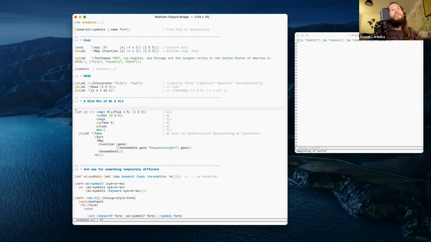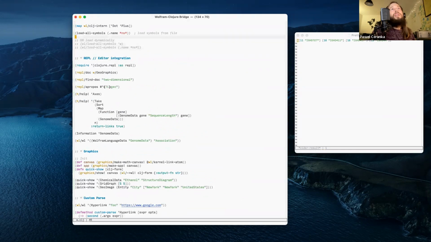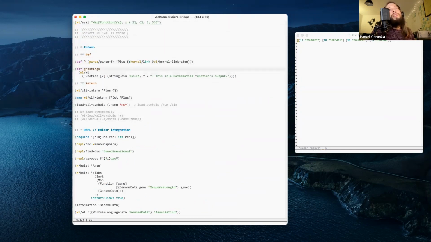Because of this, which I showed a minute ago, if you evaluate this little thing, it loads all the symbols, like I showed in the example here. It essentially does this, or maybe if you want to see it, I'm defining a symbol, a var that has a value of a function that's going to run the equivalent Wolfram language function on the Wolfram language.